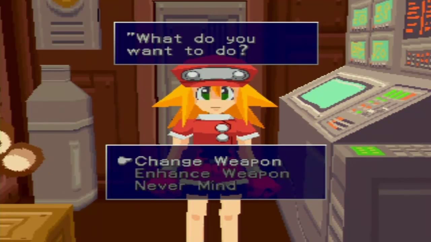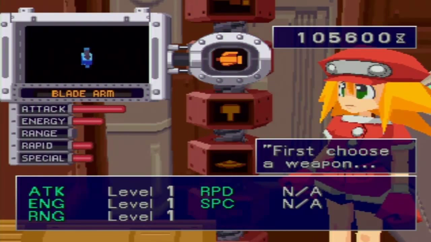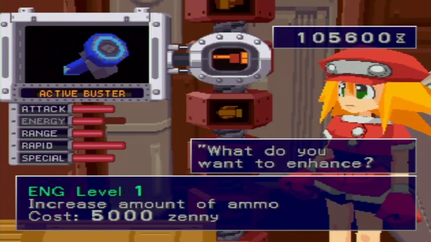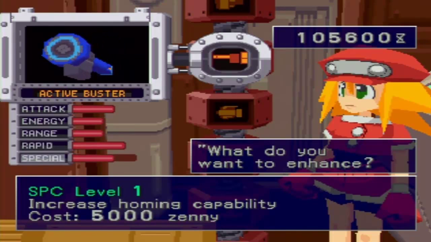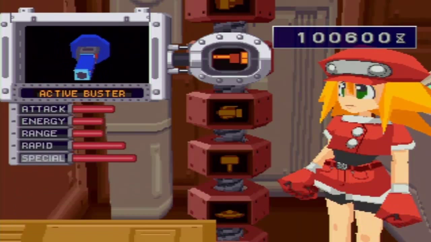Just get right into it. Just can see what it looks like. Where is it? Blade arm. There it is. This bad boy. Yeah. Increase firepower, more attack. We're going to want that. More ammo's good. Weapon range is good. Rapid, that might be okay. You definitely want special. That's what we can do with our